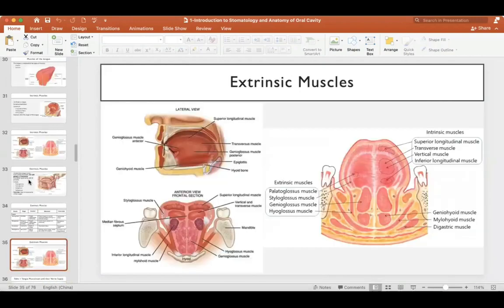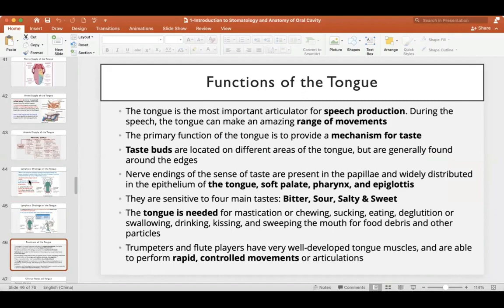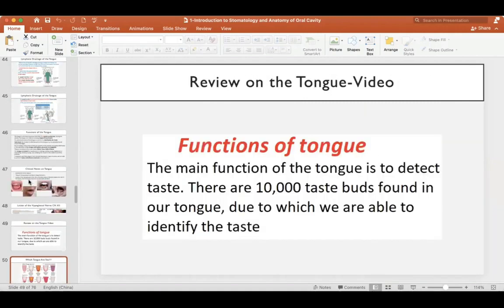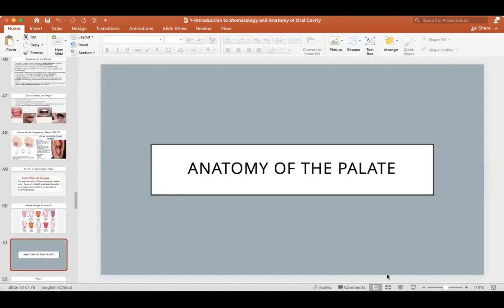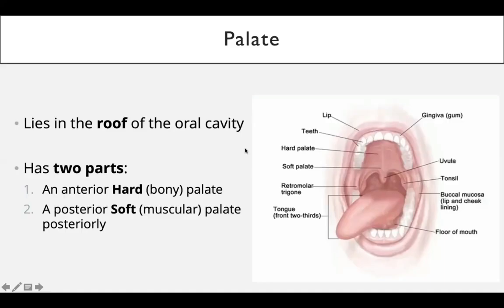Okay, after the muscles of the tongue, after basically the anatomy of the tongue, we will move towards the anatomy of the palate. So, anatomy of the palate. As all of you know already, the palate is a part of the oral cavity, which is the roof of the oral cavity. It lies in the roof of the oral cavity, and it has two: